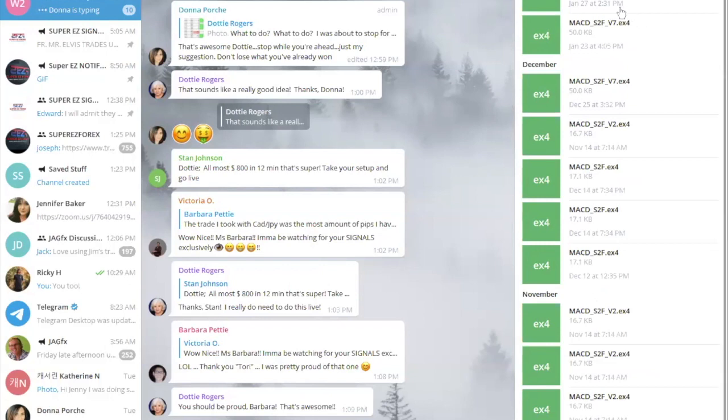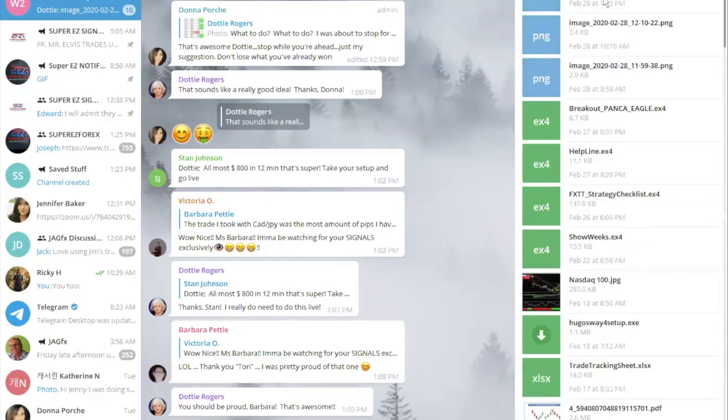So just to confirm, this is where the indicators are. The files like the spreadsheets and any indicators you guys are searching for, you're going to be able to find right here, in the files tab. And again, those things that are there are,